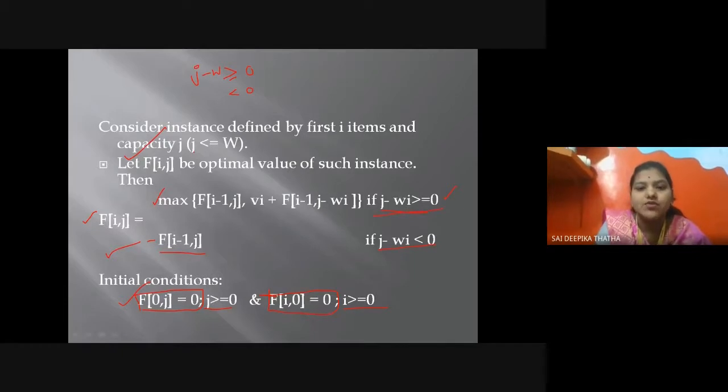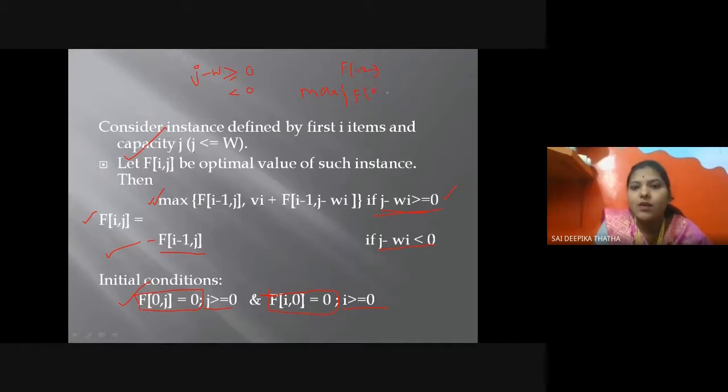I need to use this formula. See, what is my f of, what are the values of i and j? 1 comma 2. Now I am substituting in this formula. I am finding the maximum of, what is the value of i? It is going to be 1. So 1 minus 1 is going to be what? 0. So I am directly writing here after doing the calculation.